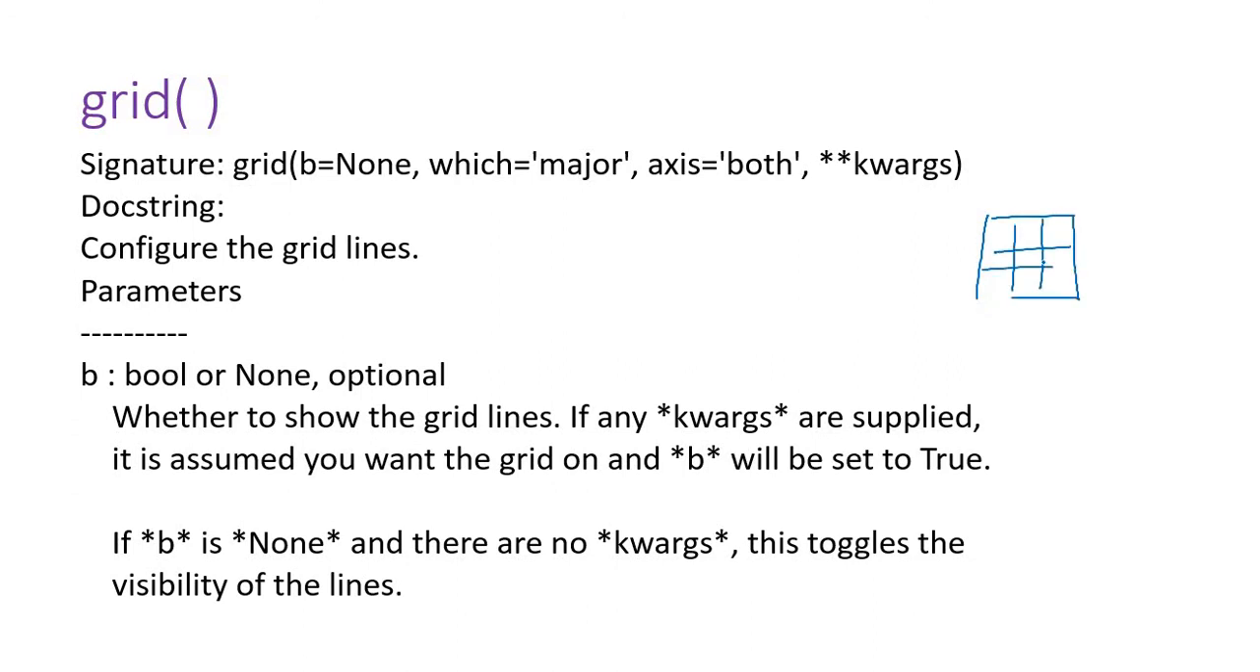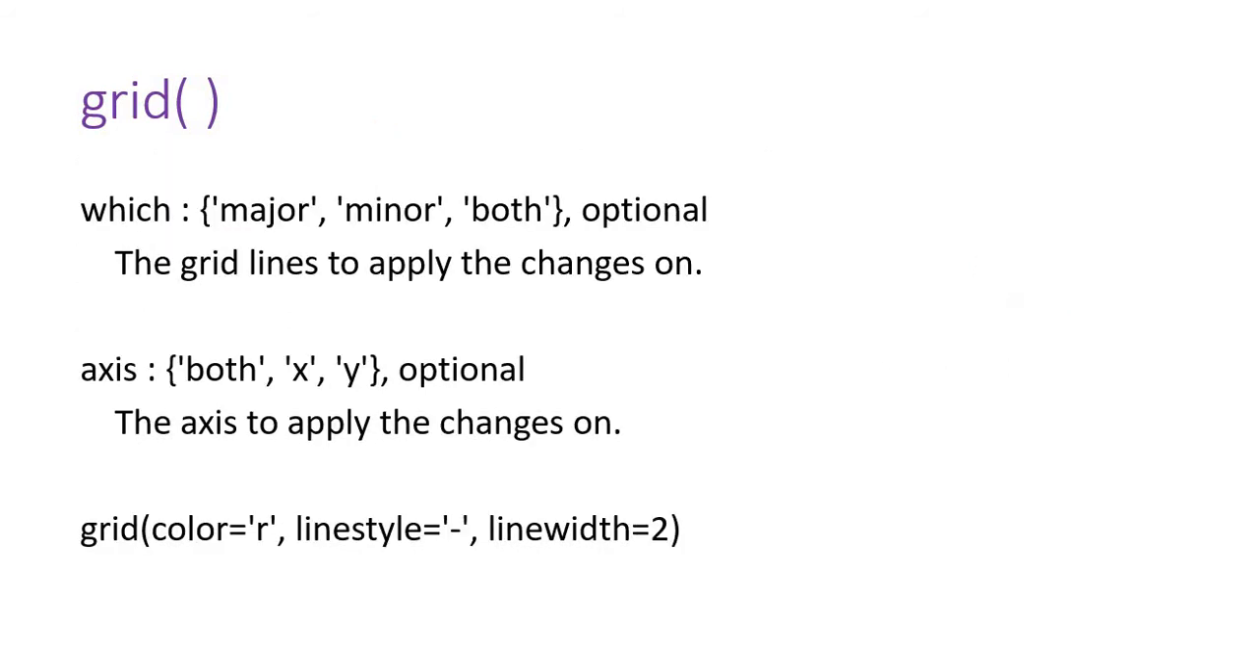So what you need to do, this is the signature of the grid. Basically you need to give the boolean one. This B is boolean one. If I give true, grid will be added. If I give false, no grids. Okay. Then the important thing is this axis. Axis, you just see,